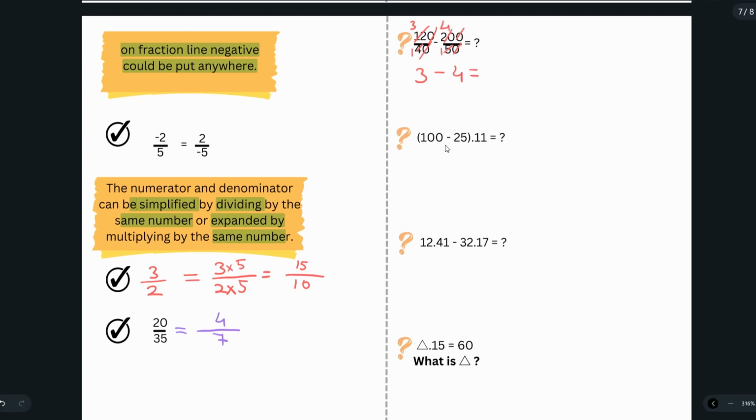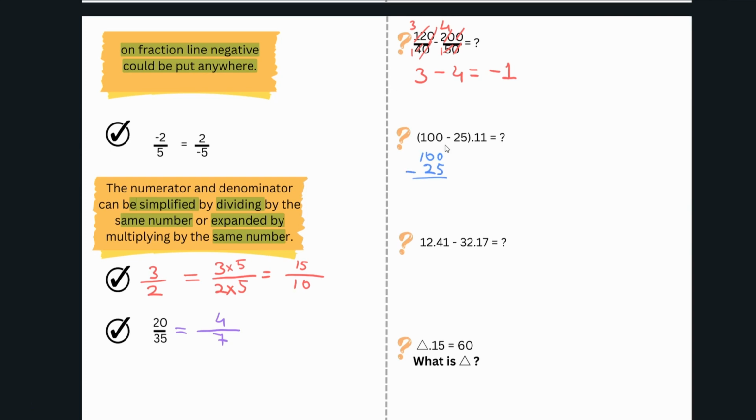So 3 minus 4 is negative 1. Here, let's do inside the parentheses first. You could also use the distributive property, but it would be longer, so let's do inside the parentheses first. And we're multiplying by 11, so we can use the shortcut that we use for 11. 100 minus